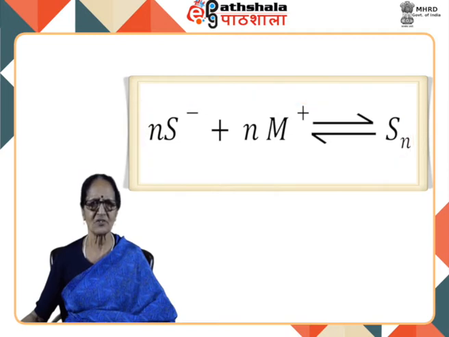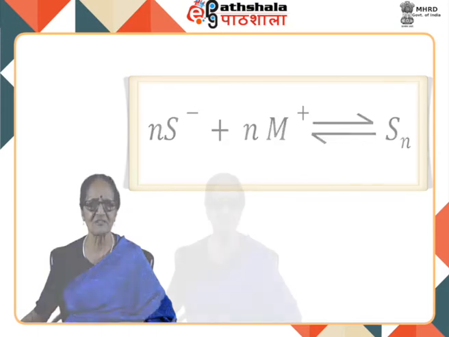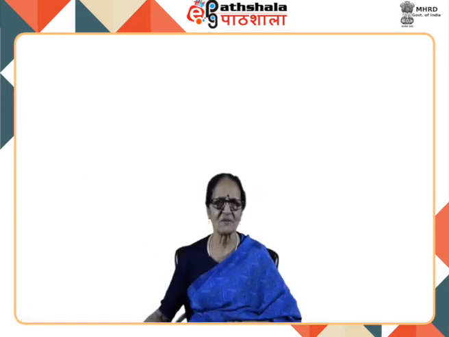This is equation number 3. The micelle is simply a charge aggregate of surfactant ions plus an equivalent number of counter ions in the surrounding atmosphere and is treated as a separate phase. The chemical potential of the surfactant in the micellar state is assumed to be constant at any given temperature, and it is called standard chemical potential, represented as mu 0 m by analogy to a pure liquid or a pure